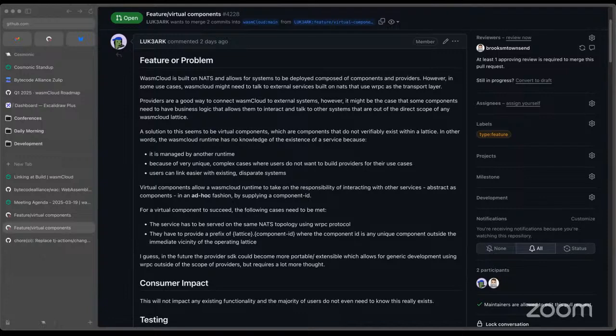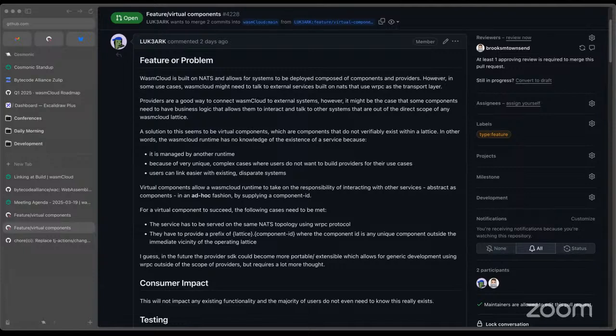So my driving force is that I need to be able to control and do all of my business logic on the component layer, just to create that clean bed of computation on top of NATS, which can control the infrastructure as it needs to be controlled. So in order to do that, components at the minute do not have any way to communicate with that underlying infrastructure. So anything that's external to the lattice,